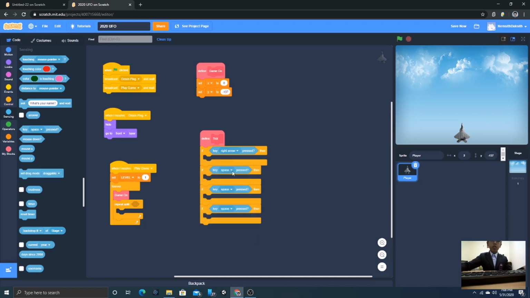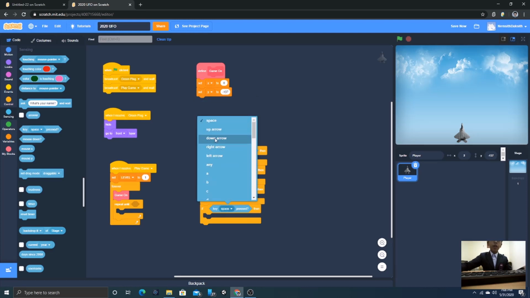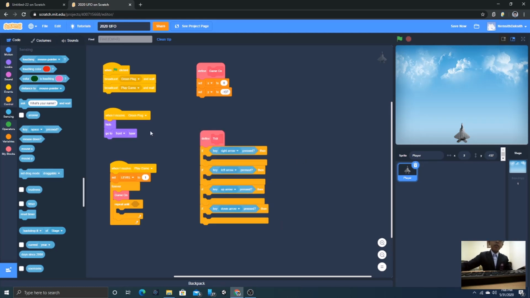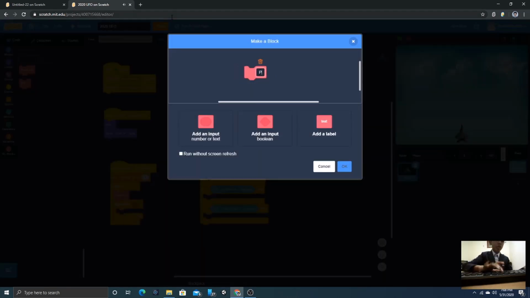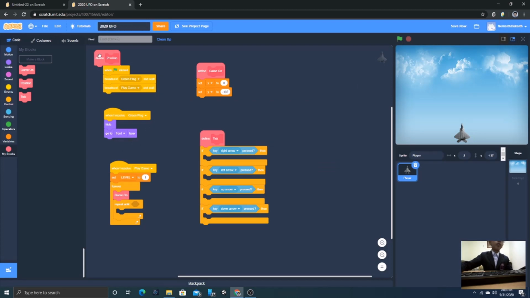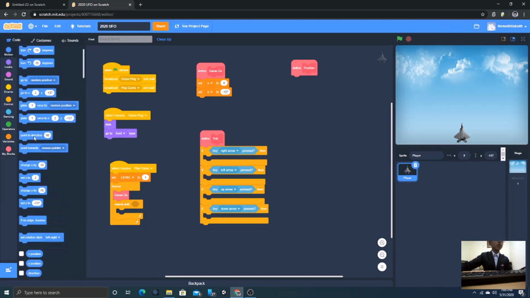And change. Now create another block called position. Screen refresh. Define position. By go to